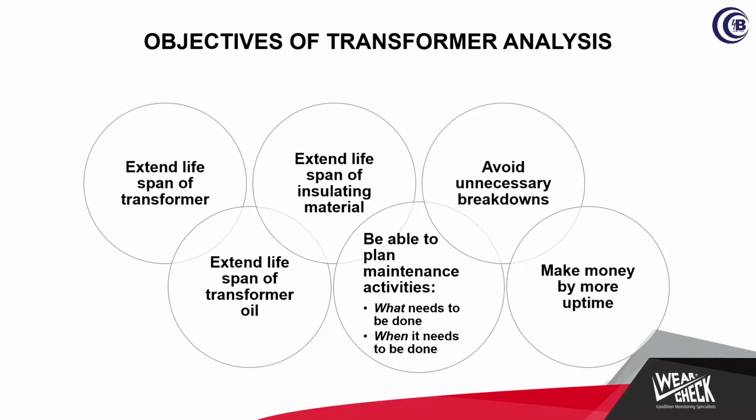So here we are looking at what's the objective of the transformer testing. So firstly, it's to extend the lifespan of your transformer. As I've said, if we do testing, we can, months prior to any fault, we can determine that fault and tell you a fault has occurred. We can't tell you on the 25th of December 2021 your transformer is going to blow, but we can tell you you're heading to a disaster. And I think in the next month this transformer might blow up or stop working. And that can be very risky to some clients if they lose suddenly a transformer. So that's one of the